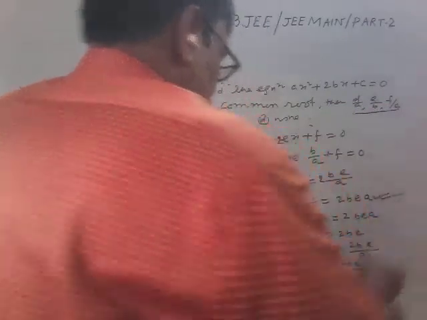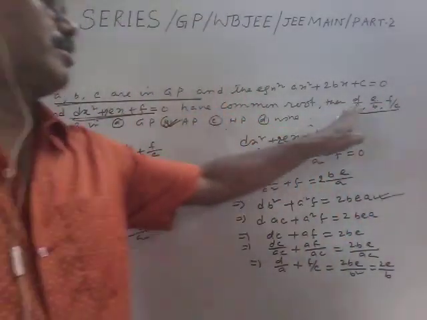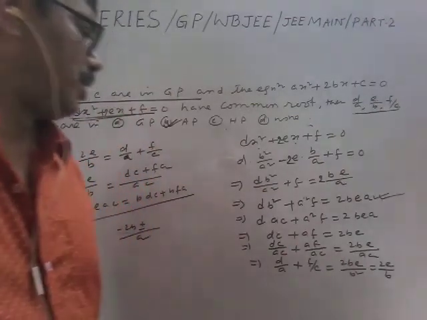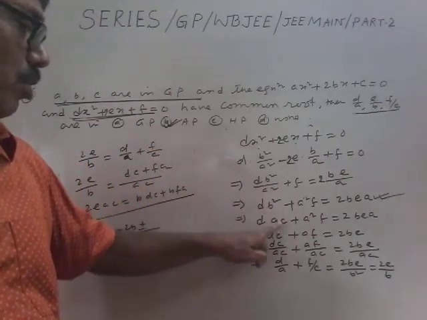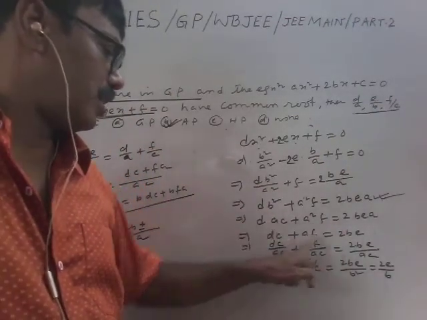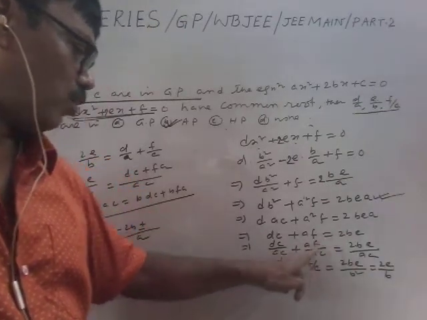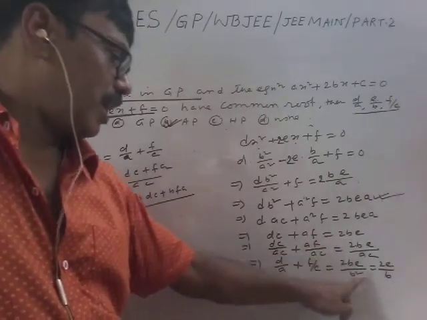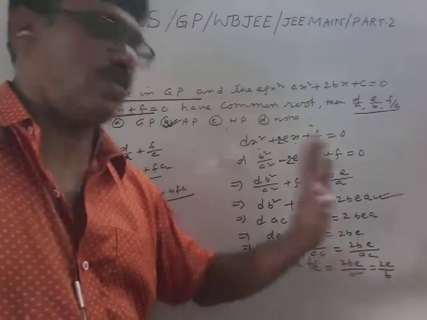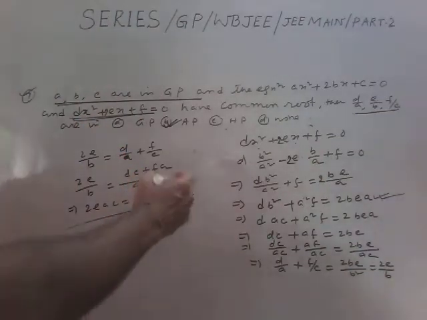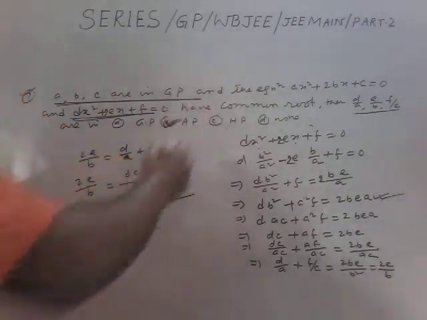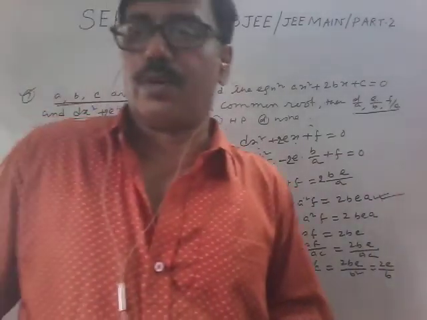Now the final result does not involve any b square. So put b square equals ac. Then a cancels out, then divide by ac, again put ac equals b square. So we are getting option number B. This is a most important problem also.